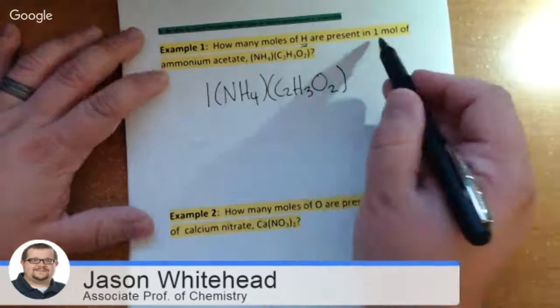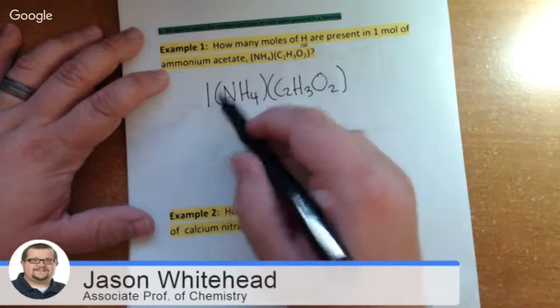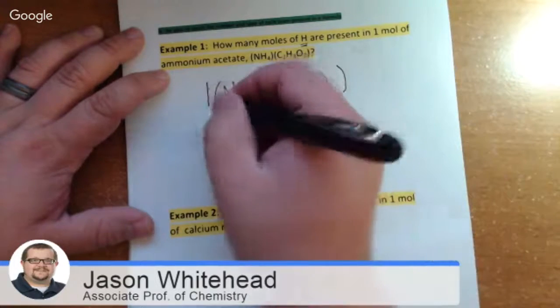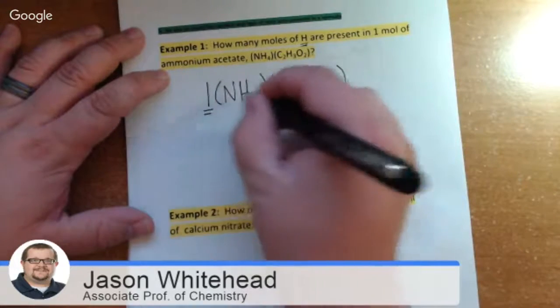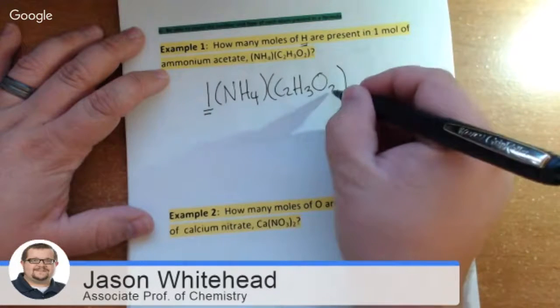Now, if it had said I have 2 moles, I would have put a 2 out front, or a 3 out front. So the coefficient that we pop out front is going to multiply all the way through, because big numbers out front distribute all the way through the formula, whereas these small numeric subscripts only apply to what